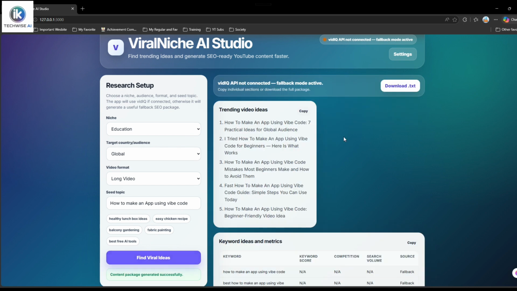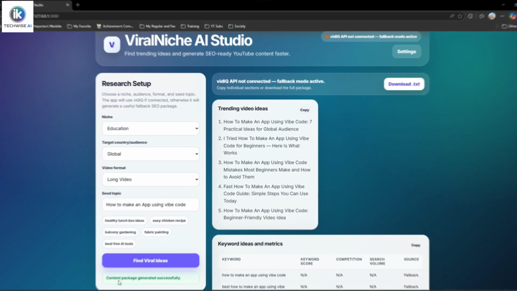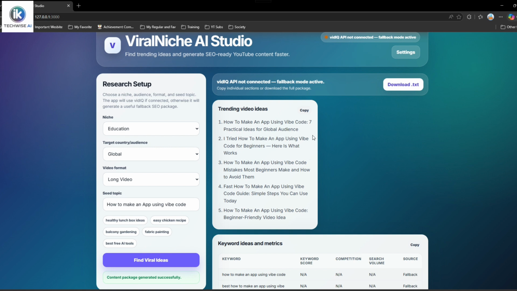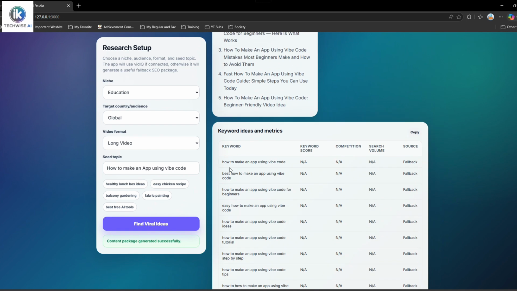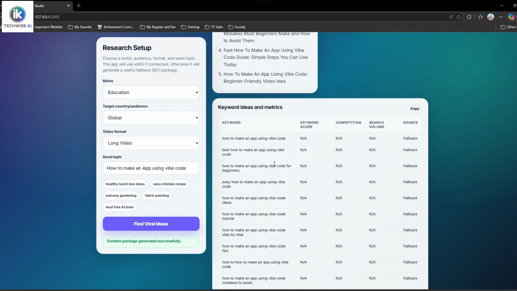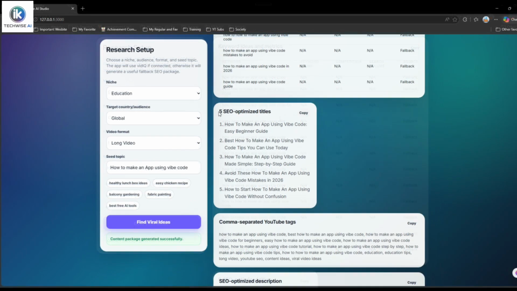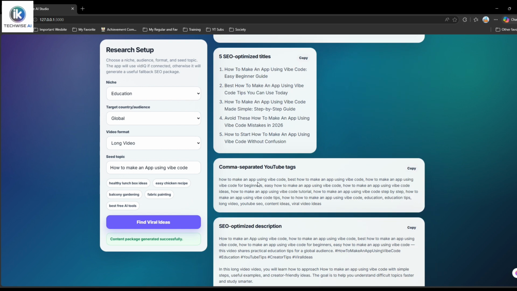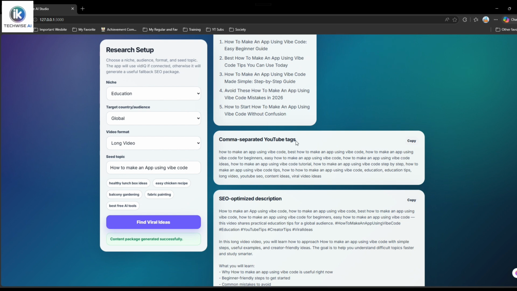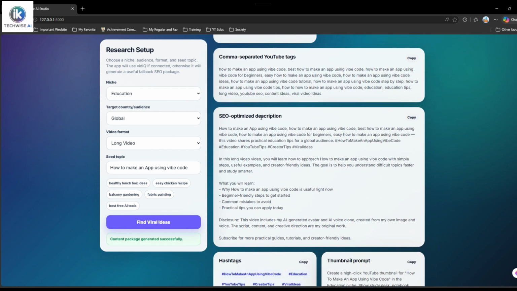So here, it did a research. It has said content package generated successfully. So here it has given you a video idea. It has given you 5 trending video ideas, right? Then it has given you the keywords. So when you're making your script, you can use these keywords in your script. It has given you also 5 SEO optimized titles. So you can choose one of them. They are all SEO optimized. It has given you YouTube tags. It has given you an optimized description,